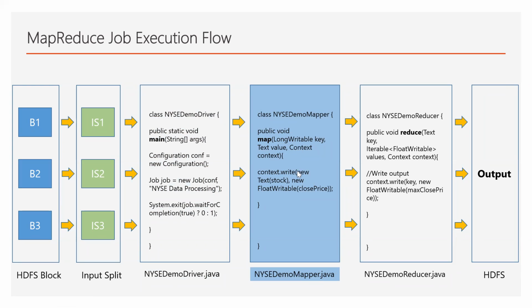Whenever we want to do some computation, we create an object for the class, call the function, and pass the argument. That's how a Java program works. So when you write a mapper, I told you there will be a map method, which gets the